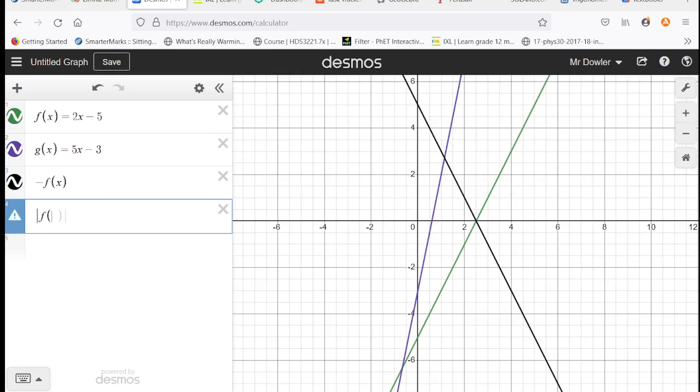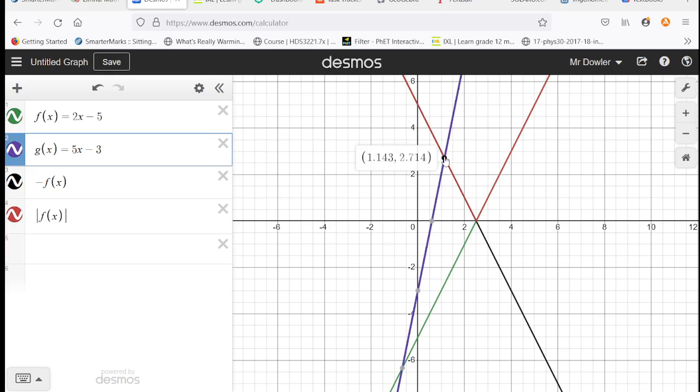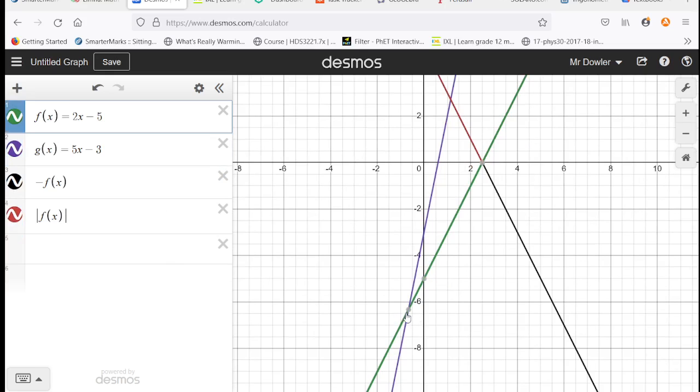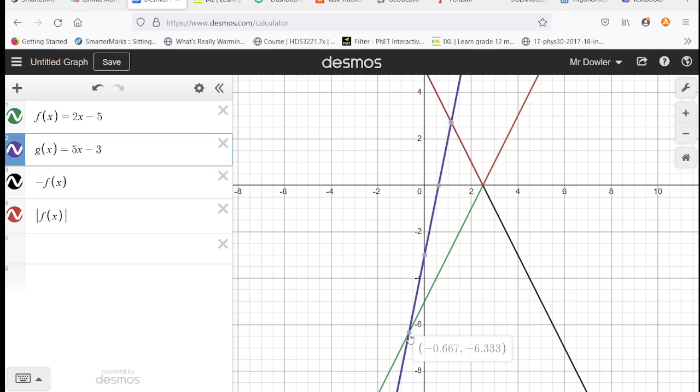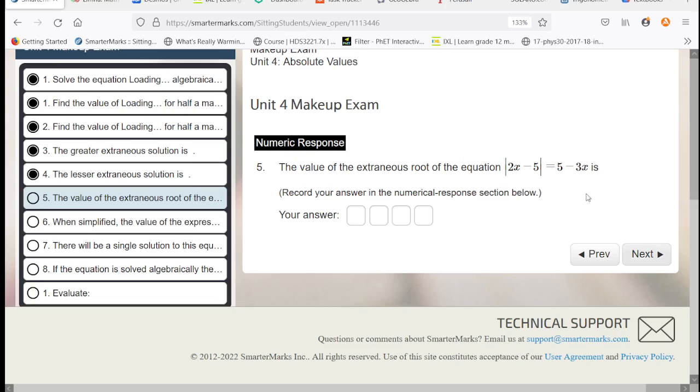because one of them will work. If we graph the absolute value, see the absolute value function intersects here. It does not intersect here. So this looks like a negative 2/3 and a negative 6 over 3. So if we put in x equals negative 2/3,